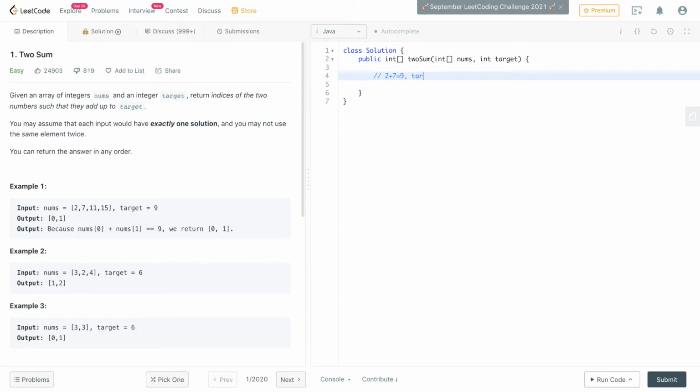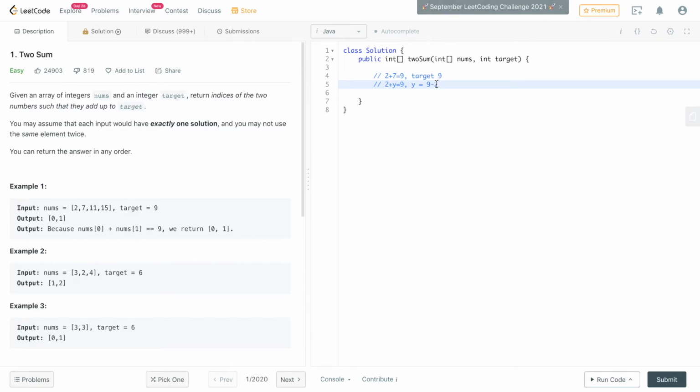Our target is 9. So to find the first element and the second element, which is unknown to us, how about finding y as the difference of target and the current element?